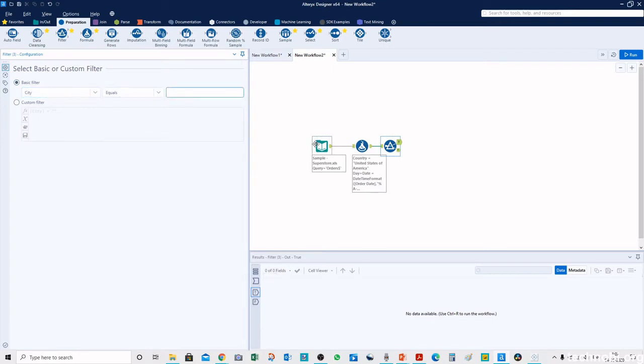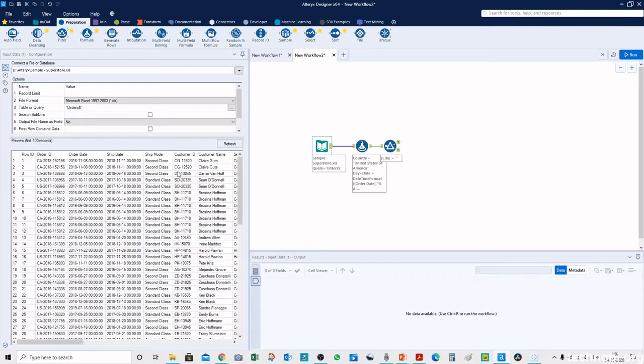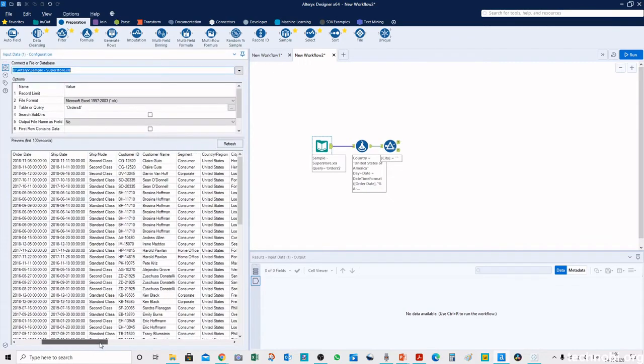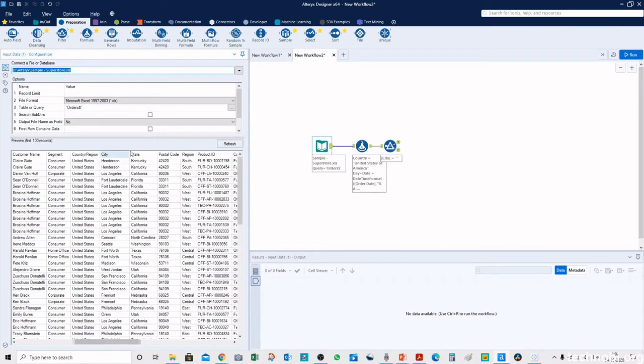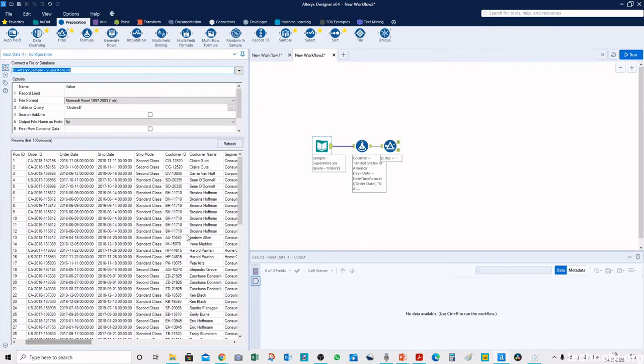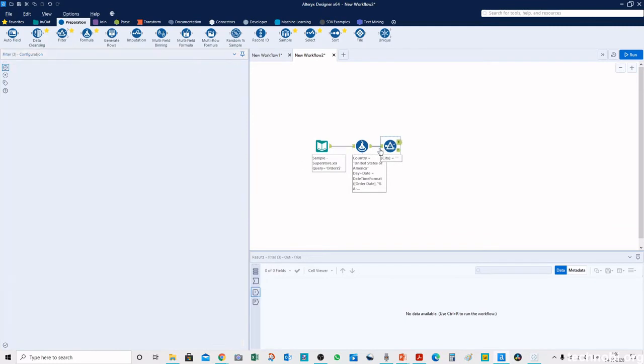So what are the city names that we have? So we have Henderson, Los Angeles, Concord, Seattle, Madison, etc. So any city name that we can enter in the basic filter field.